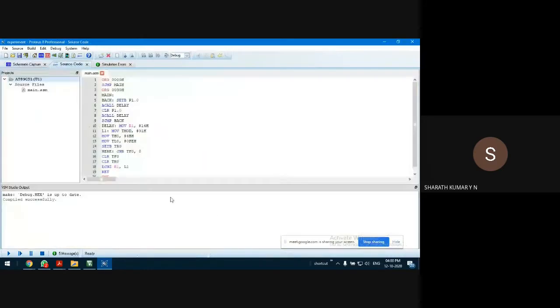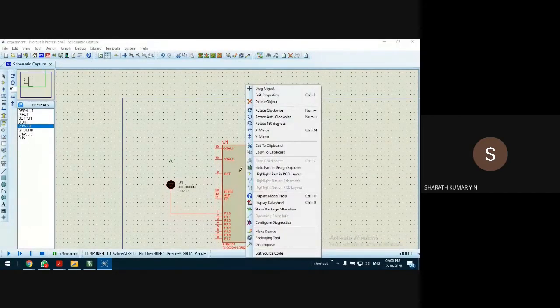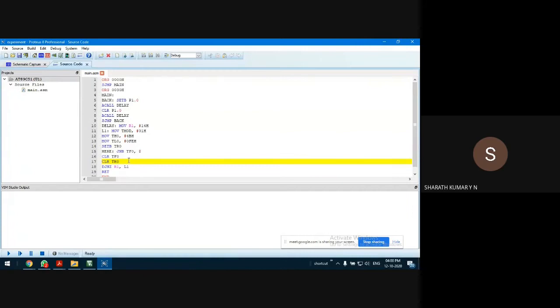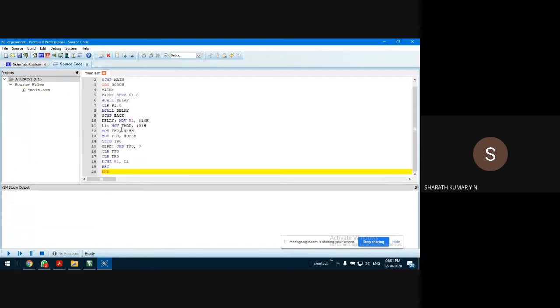You click on that, it will come to this window. Let me close this so that we can see from the beginning. Right click on the microcontroller IC, edit source code. Since it is already there, it's coming up, guys, because I already typed. Here in this window we are going to type the program. Whatever program you have, you can type it here. After typing the program, you have to check for syntax error and then generate the Xcode.